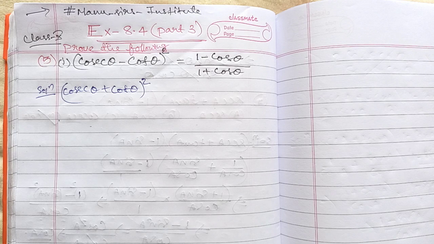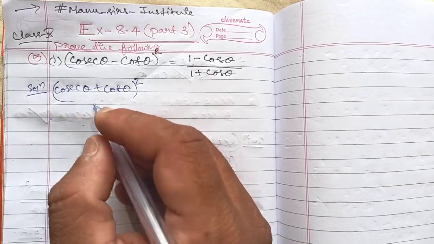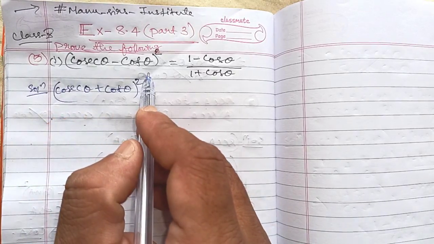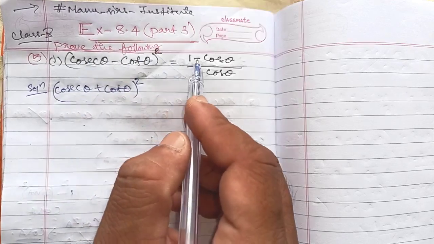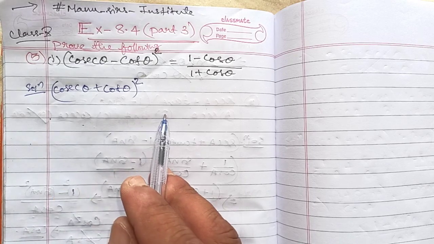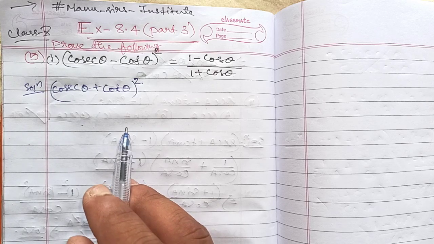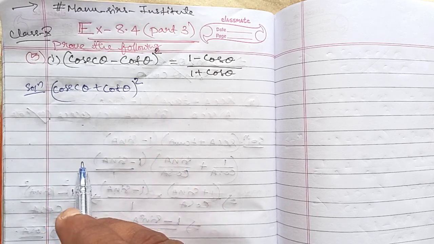This is the most important part of the trigonometry chapter, in which we will get many different kinds of questions, where we have to use our skills and basic knowledge to evaluate or to prove LHS equals RHS. I will start with the first bit of the fifth question. The question is: (cosec theta minus cot theta) whole square equals (1 minus cos theta) by (1 plus cos theta). There are many ways to solve these types of questions. You have to apply appropriate formulas and a proper method to make LHS equal to RHS.